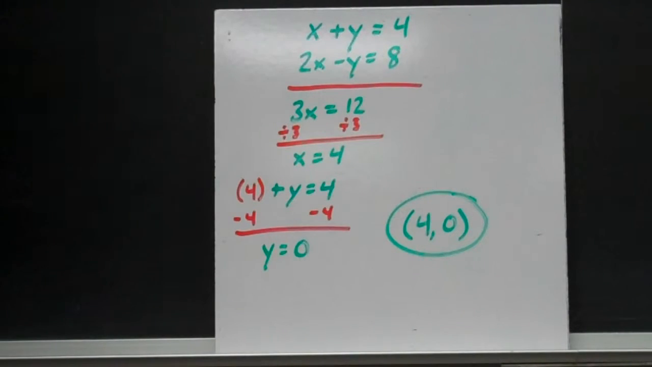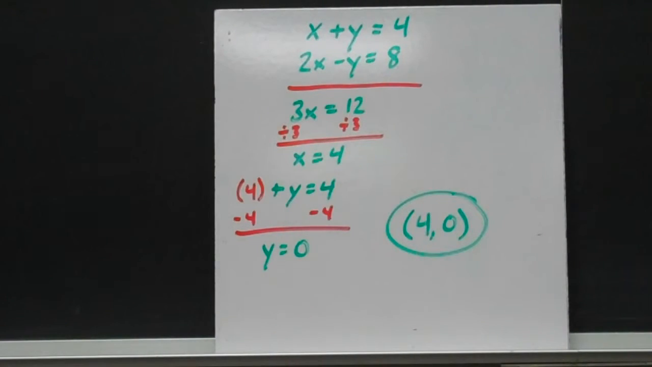This is our lesson on elimination. Elimination is our final method that we're going to look at for solving a system of equations or determining the intersection of two lines. So our first problem here, we have the equations x plus y equals 4 and 2x